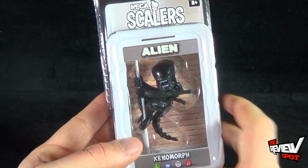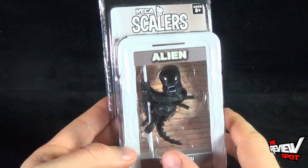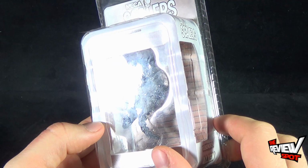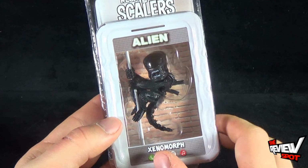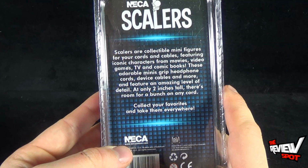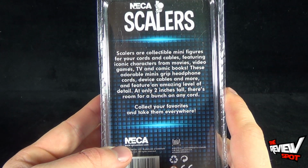And as you can see by the several different videos that you've watched of the NECA Scalers, they are producing a wide range of different characters from movie properties. I can't wait to get the Xenomorph open. He looks incredibly cool. On the back of the package, it says the Scalers are collectible minifigures for your cords